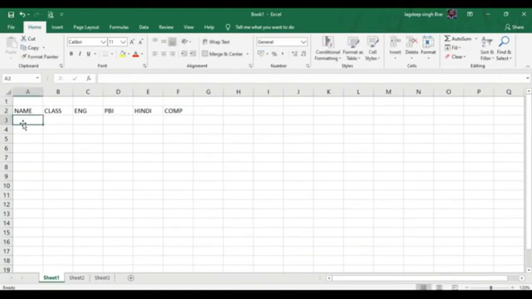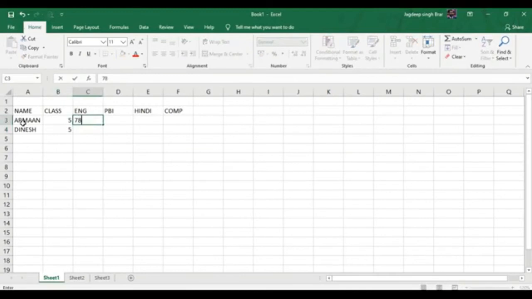Here we can type the students' names like Arman, Dinesh, and type their class like 5th class.